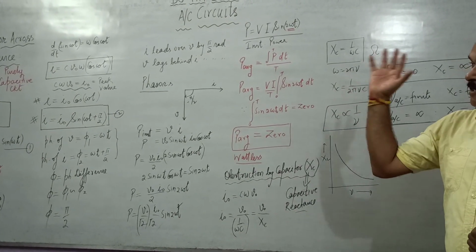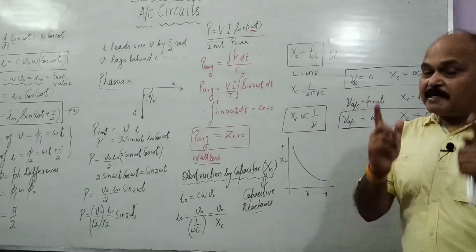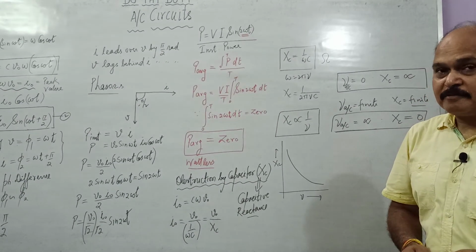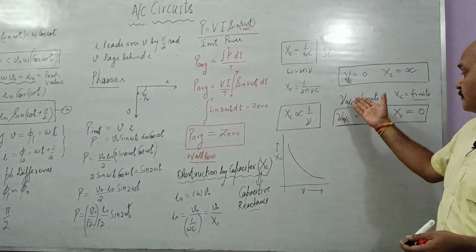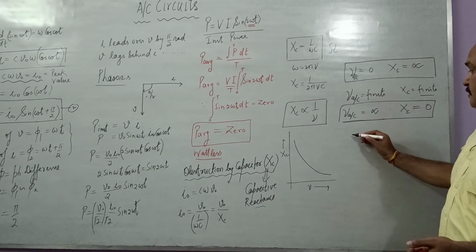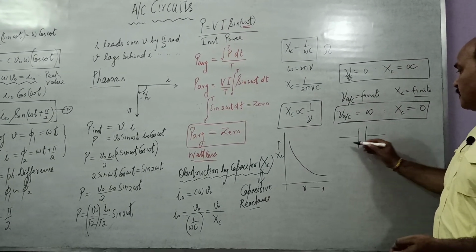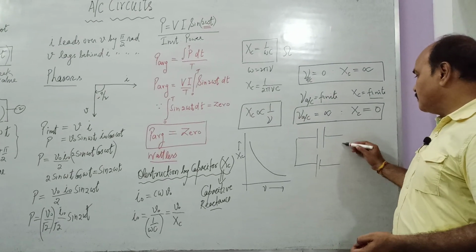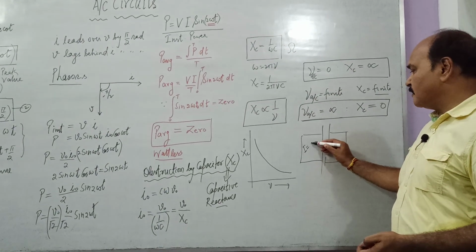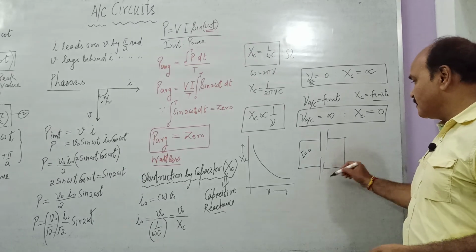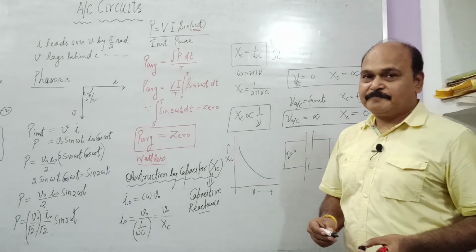We have already studied capacitor, but we have been studying capacitor across DC source. And the second fact which you have understood here: if we connect a DC source across a capacitor, straightaway you can say there is no current in the circuit. But when AC source is there, there is current in the circuit.